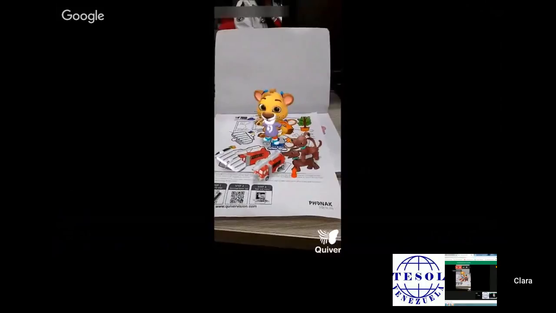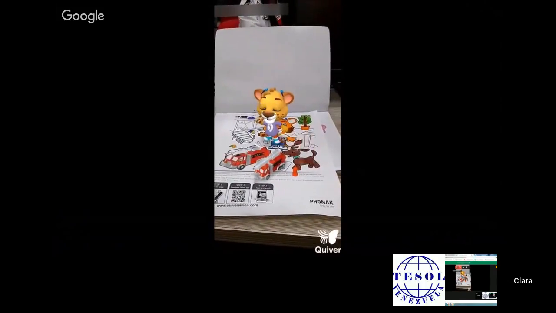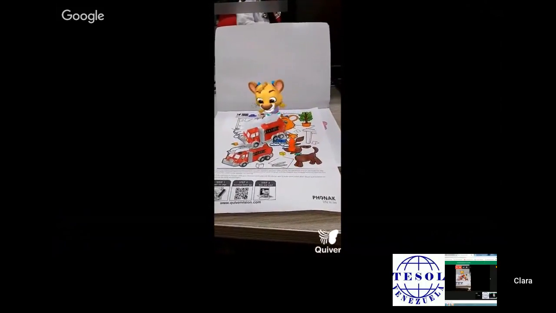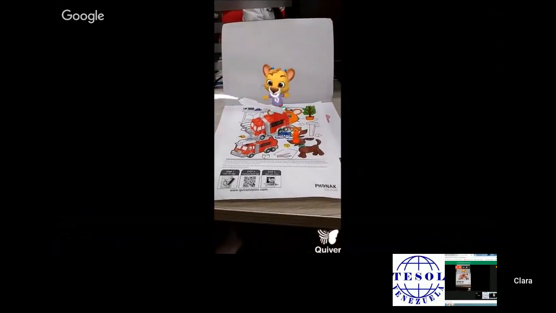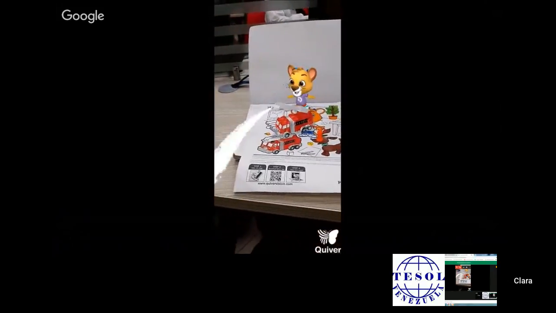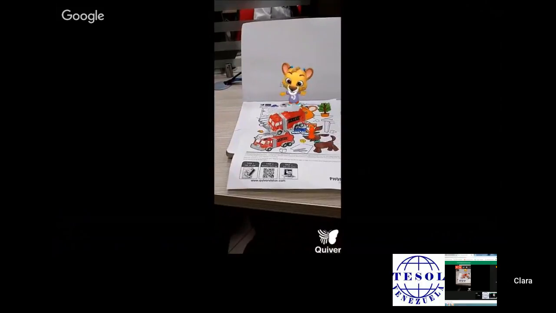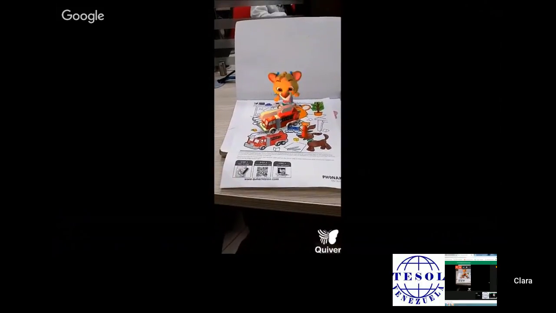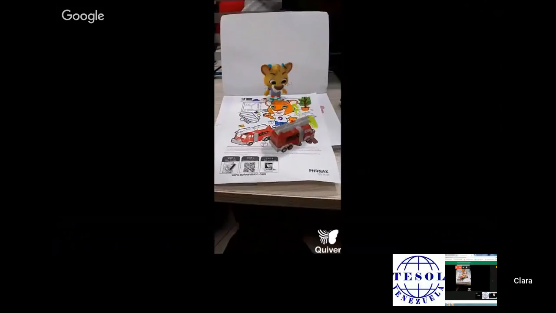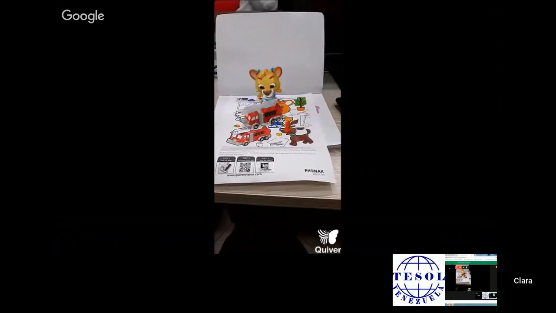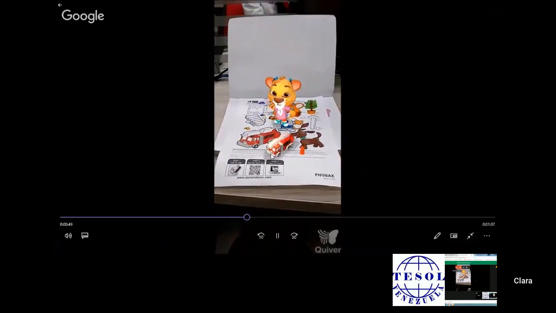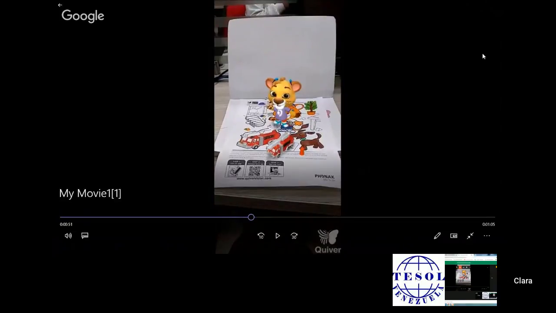With the passage of time, she knew that the toys were alive. When she discovered that, she was very, very happy because she thought that she would never feel alone again. But what she didn't know was that they didn't get a